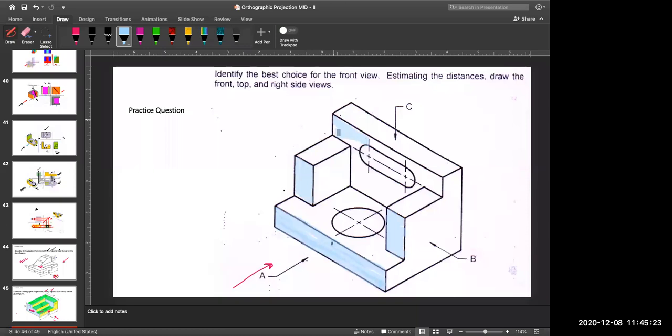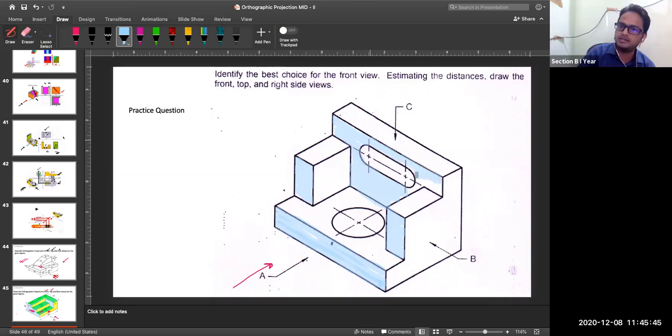Yes, sir. Okay. Now in front view, anything else that is to be shown? No, sir.